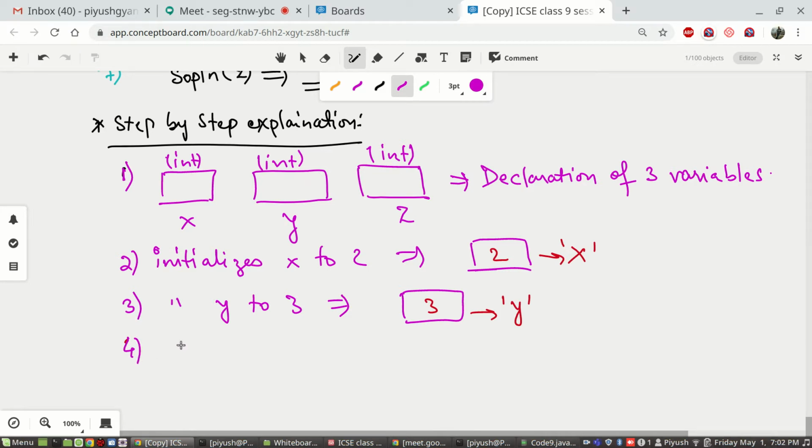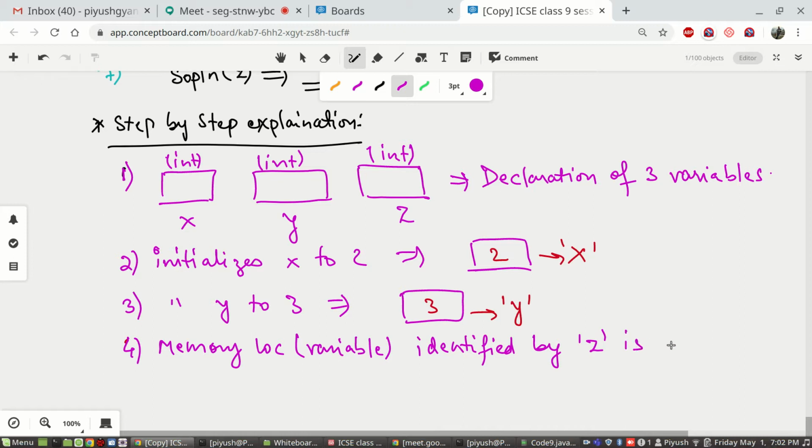The memory location, or in the true sense the variable, identified by z is assigned, and this is very important, the result of the mathematical expression.